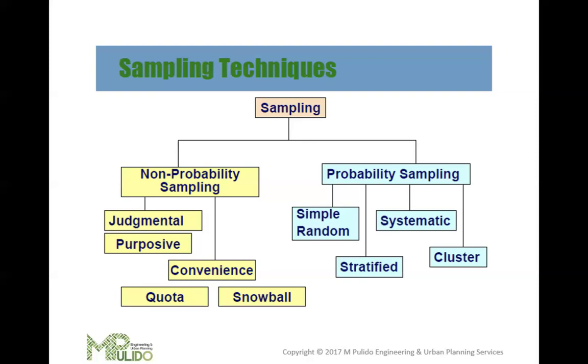Then systematic sampling, every nth member of the population is selected after a random starting point. For example, selecting every 10th person on a list of names. So that's systematic sampling. Stratified sampling is when the population is divided into subgroups or strata based on a specific characteristic, and random samples are taken from each stratum. Example, dividing a population into age groups and randomly sampling from each age group.